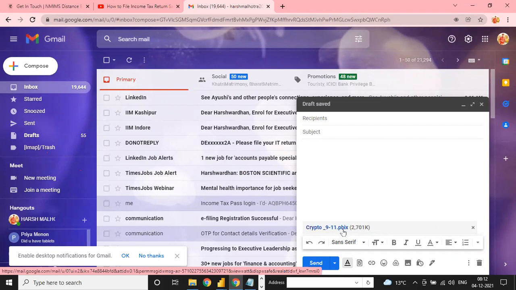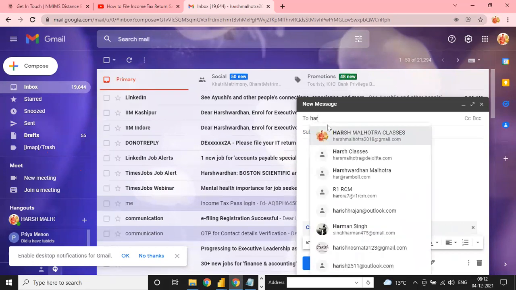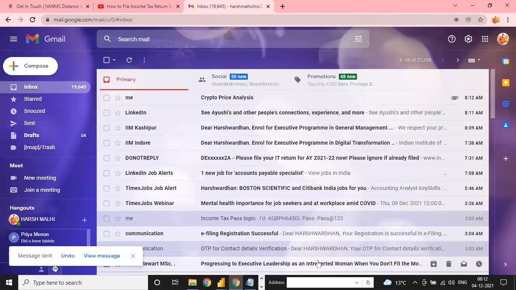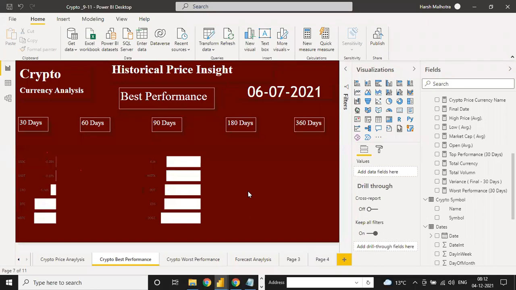You have to remember this number, this should be here. Then write crypto analysis and just send it. That's a simple thing. You have to send your file in just one go. So nothing is hard.